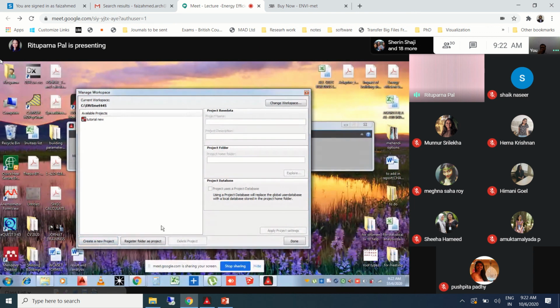So we start creating a new project by clicking on this create a new project theme. And as you can see, on the right hand side of your workspace, the project name is popping up as new project. So you need to rename that. For now, we are going to rename this project as trial. Trial. Okay. And the project description also, you can put anything. You can put trial 1 or something.